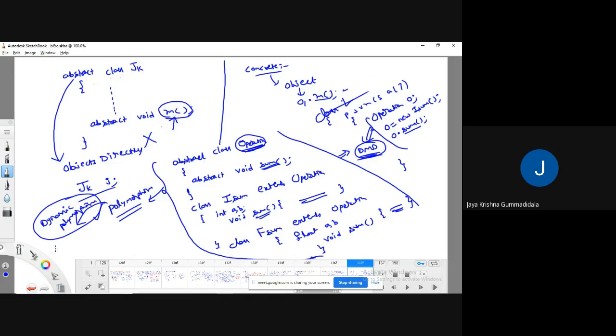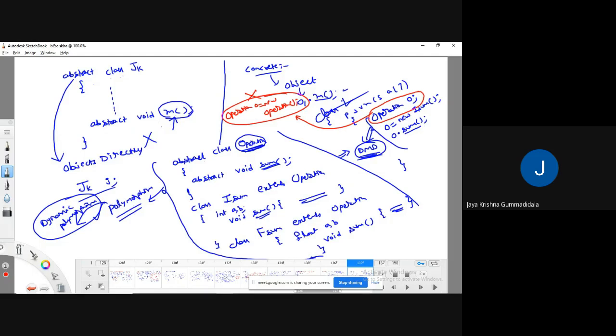Because, guys, observe here: instead of referring to a reference, if I write operation p equal to new operation, then you will get an error. What is that error? Object can't be created for abstract classes.